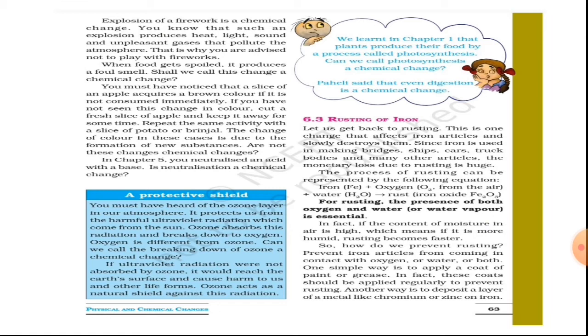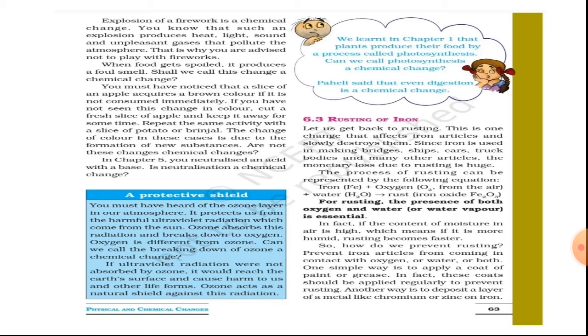Now the question arises: we use so many iron materials daily, so how do we prevent them from rusting? Because as we know, the rusting process weakens the strength of the iron material. So it is very important to prevent these iron materials from rusting. For that purpose we have to give a coating of paint or grease on the iron material